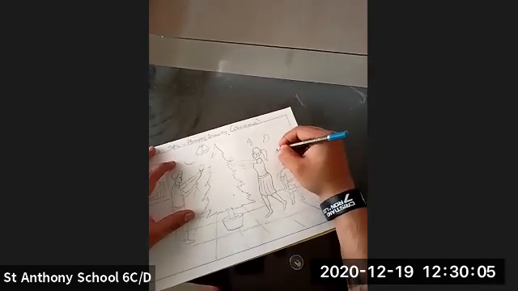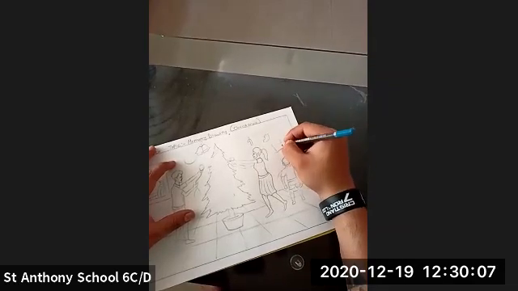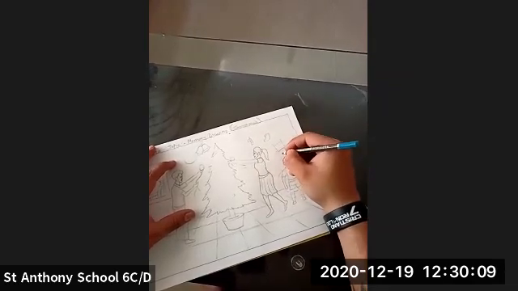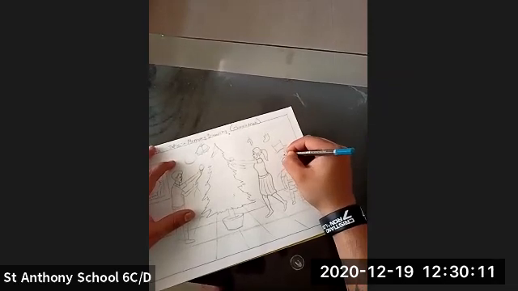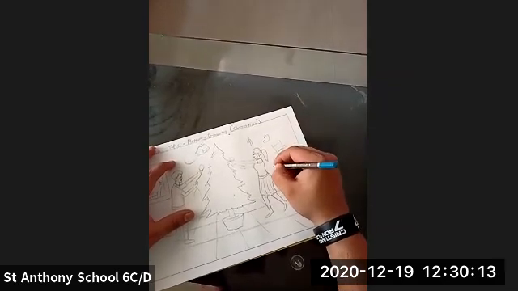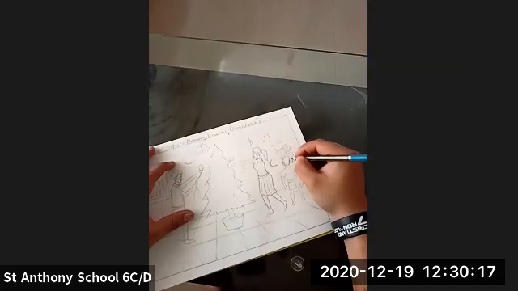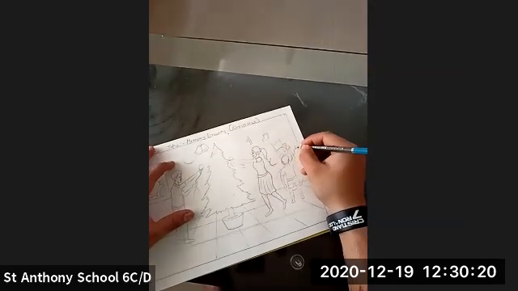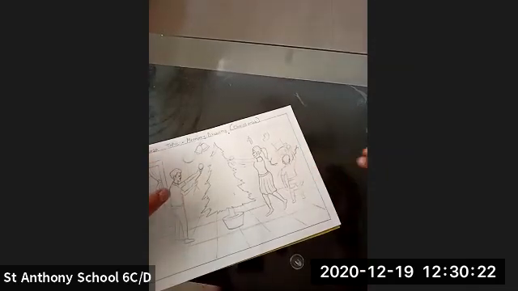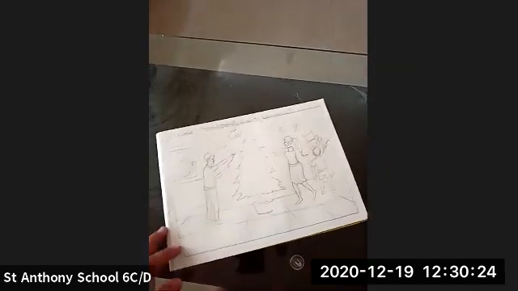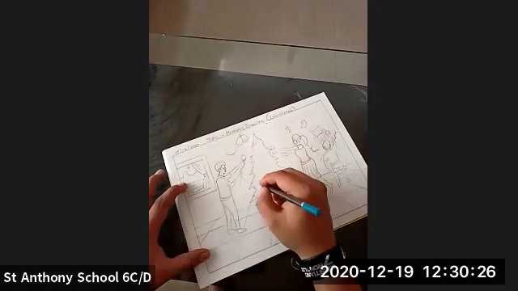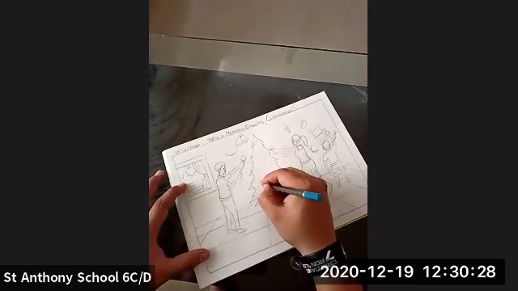You can show it. Yes, here you can show there is a snowman. He's decorating the snowman. So here comes the Christmas tree.